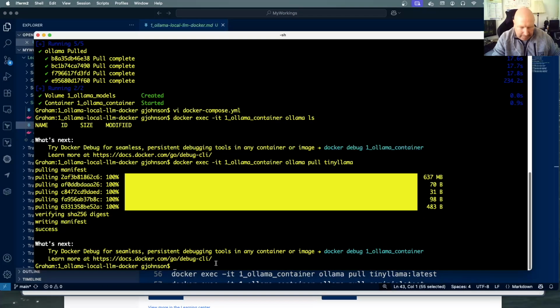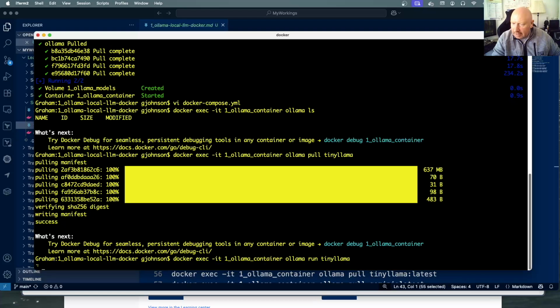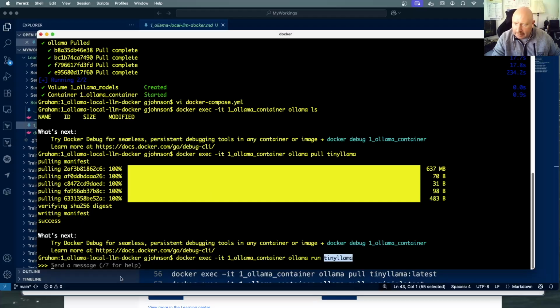But I'll go back here, and now what this is going to do is in my Ollama container, which is my Ollama running on my Docker here in my Docker Desktop, I'm going to use this Ollama command here to run tiny Ollama. And what's going to happen here is I should be able to send the model tiny Ollama a message, which I can. So I get a CLI, which is really, really cool. So it's a quick way to test this and actually see. So I want to say hello,